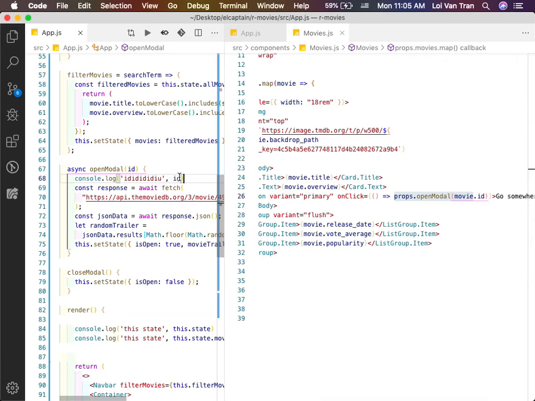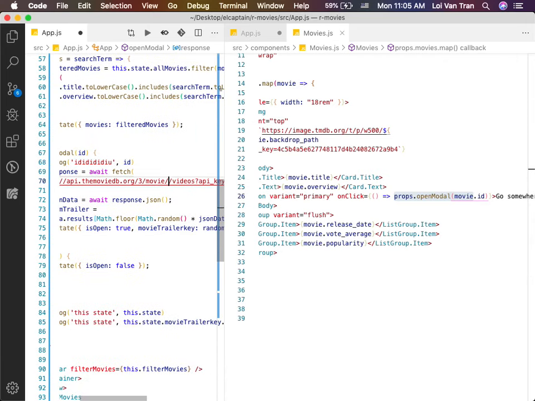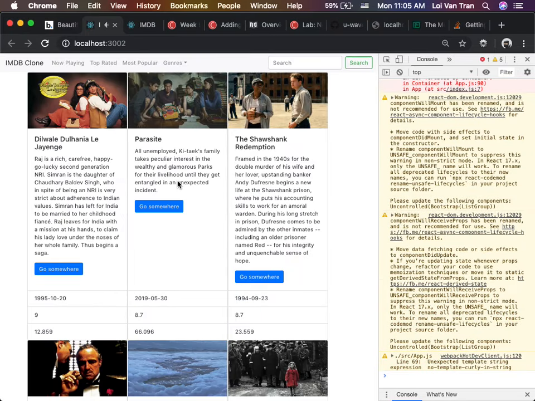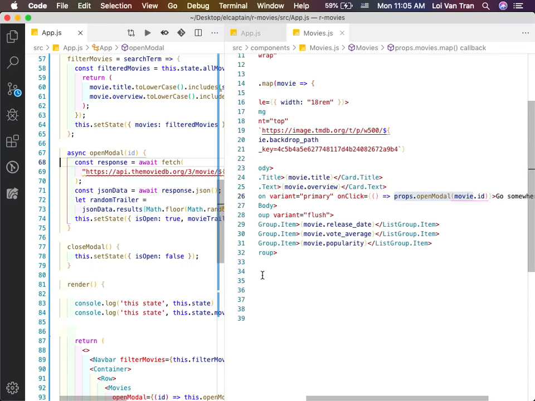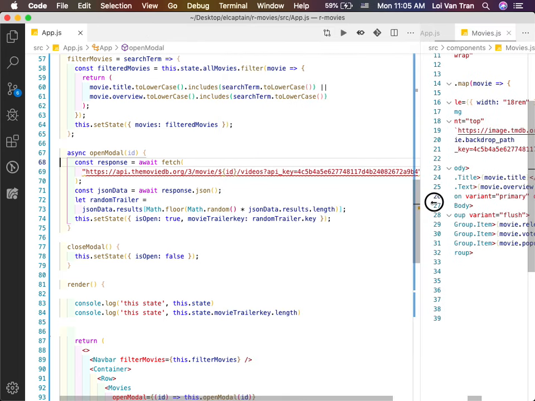So now what do we do with this ID? Just stick it here. You stick it in the movie ID. So I save it, I refresh. I think if I click on the Shawshank Redemption, I should now see a Shawshank Redemption trailer. Oops. I thought I tested for this already.